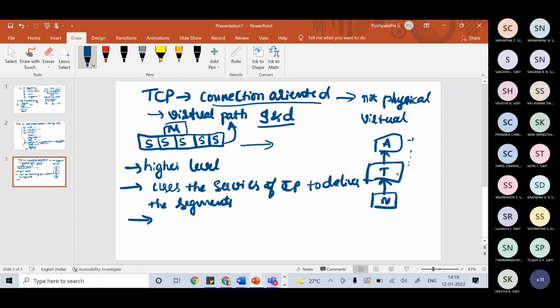Who is doing all the other processes? The transport layer. Similarly, the transport layer sends some data; who is helping it? The network layer, correct? So basically it uses the services of IP and provides a service for the application layer. For example, if a segment is lost, or sometimes corrupted, then the data is retransmitted, right?